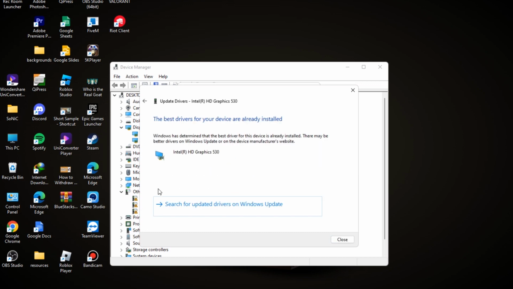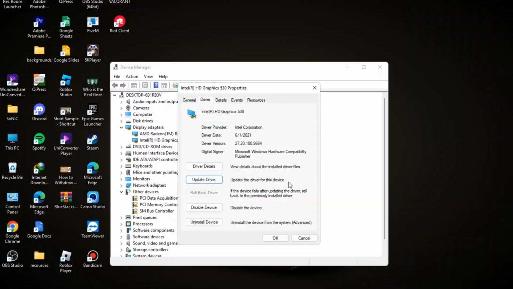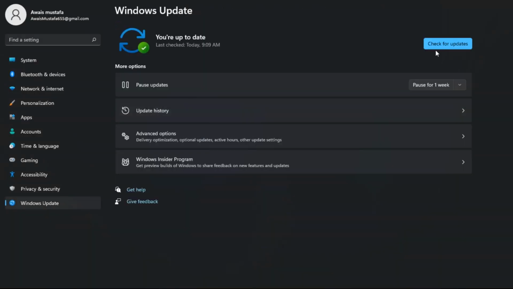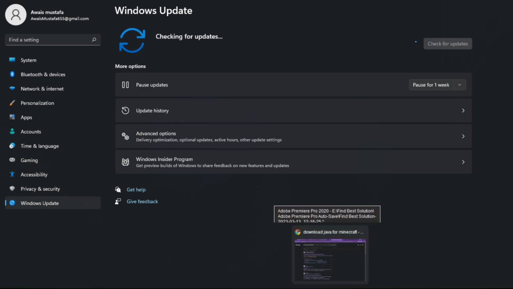Now you have to tap on the search for the best driver for your device installed and here you have to go on the Windows update. After this you have to check for the updates. Once the update has been done, you have to go back and here you have to open up the new